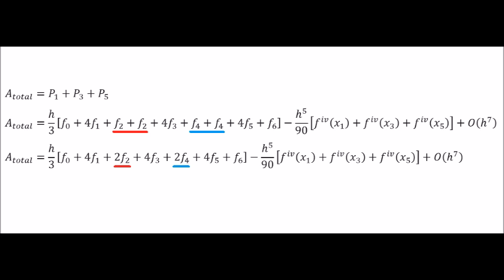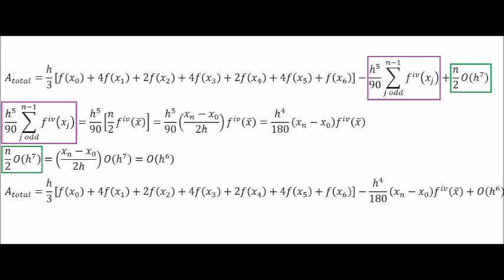Notice the first and last term, f0 and f6, are multiplied by 1. Every odd term between them is multiplied by 4, and every even term is multiplied by 2. We will revisit this pattern when we implement Simpson's Rule to calculate a definite integral. Now we must talk about the error terms. In purple, I am employing the mean value theorem to represent the fourth derivative of a single x value, rather